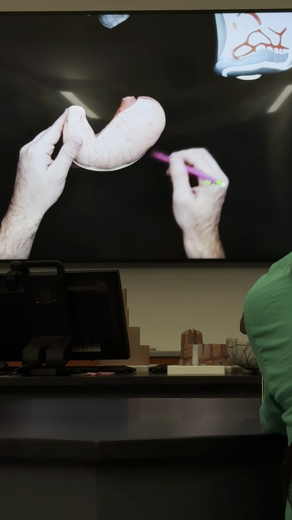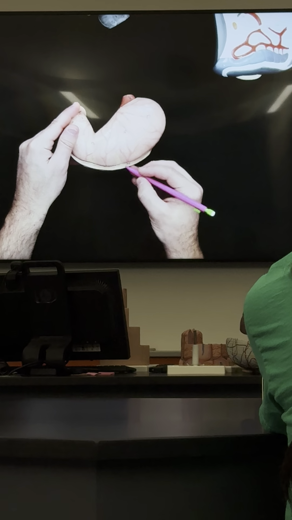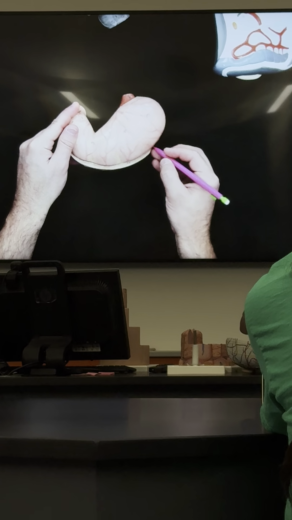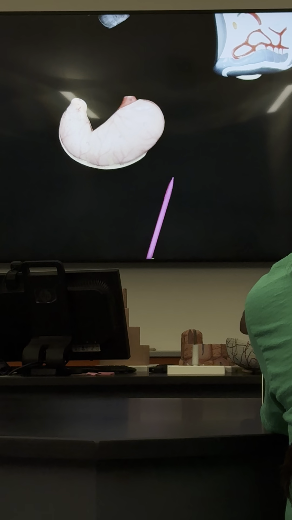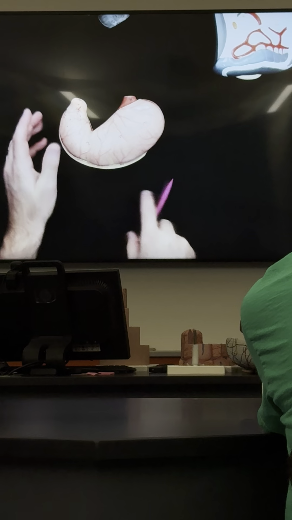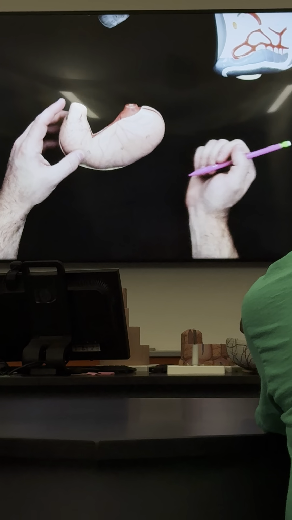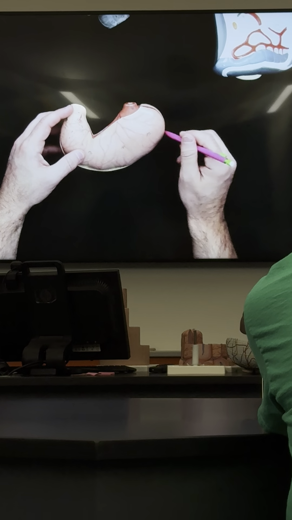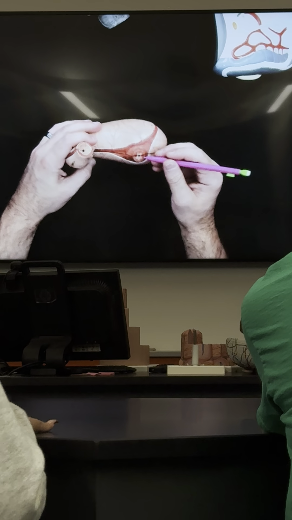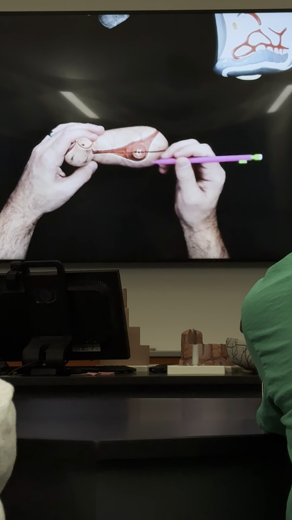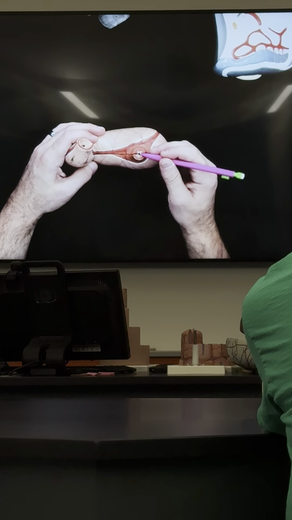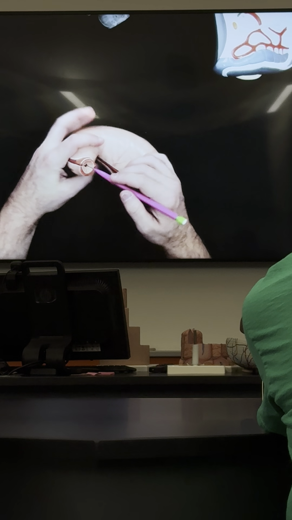Greater curvature, where your greater omentum, you can even see a little bit of it right here, this greater omentum is that fat pad that goes in front of the small intestines and back up to the large intestines where people get beer bellies. Greater omentum, along the greater curvature. This is your cardiac sphincter or gastroesophageal sphincter. And this is your pyloric sphincter.